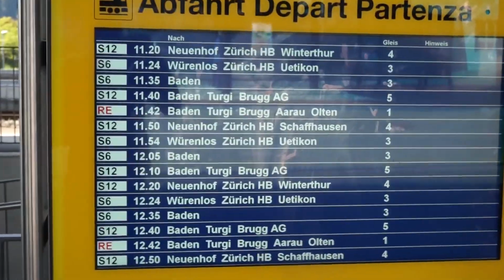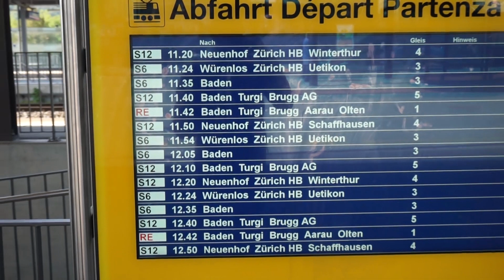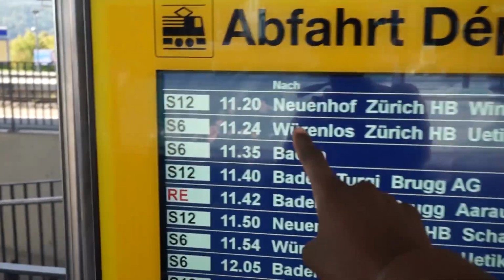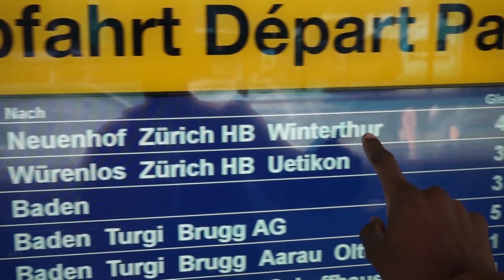The first one is the departure board right here with the writings Abfahrt. Abfahrt is a German word for departure. It's an electric board with all the different trains and the different times, as well as the different tracks on which they leave. Over here I see the next train, which leaves at 11:20, is our train, and look a bit to your right and you see a row